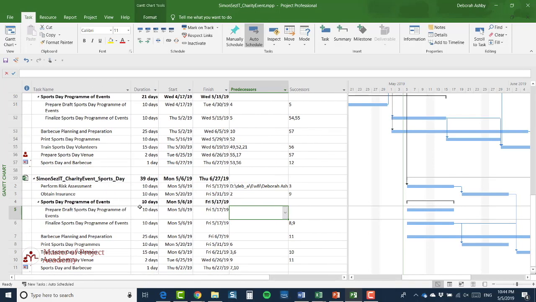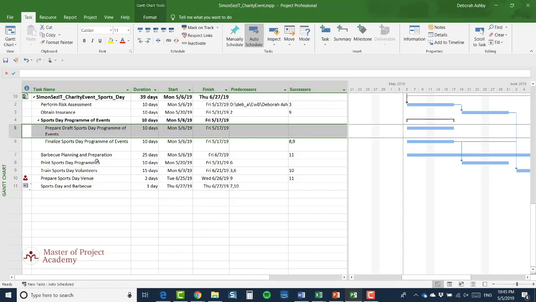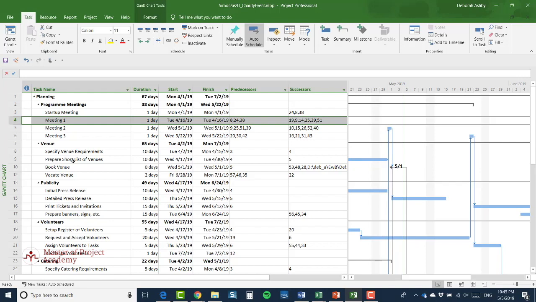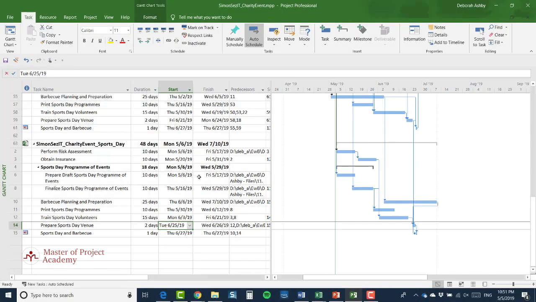Now I can go up and follow exactly the same principle. For example, if I go to the next task down, prepare draft sports day program of events, that relates to task 4, which if I scroll up is meeting 1. So I can select them both and click on the link, and that task is also now scheduled correctly. Now there are a couple more of those to do, so I'll do them and you can join me again in a moment. So basically now I have specified, hopefully correctly, all of the predecessors for the tasks within the